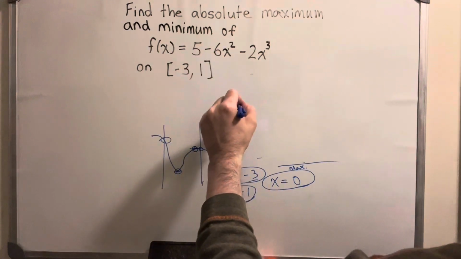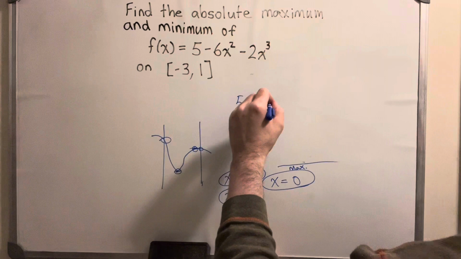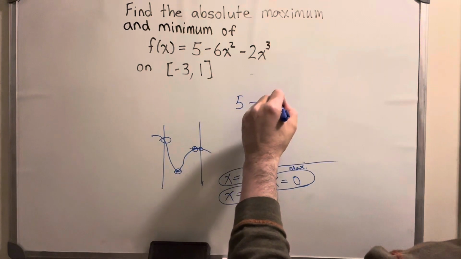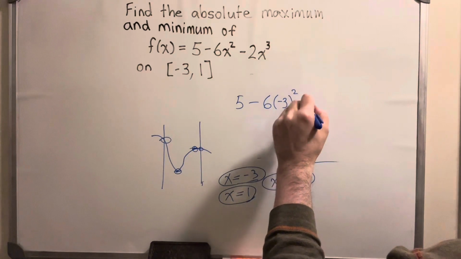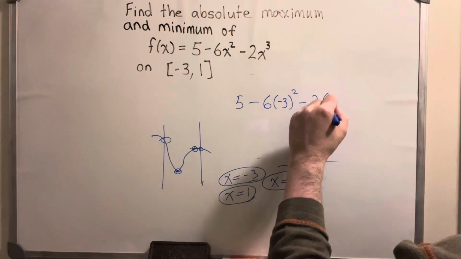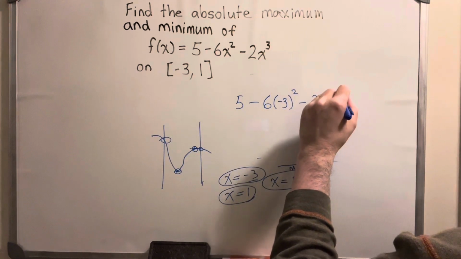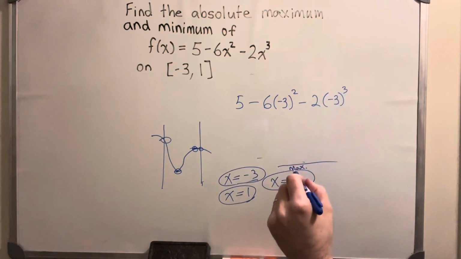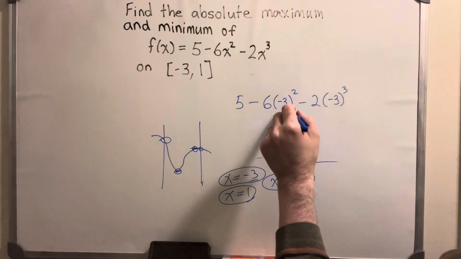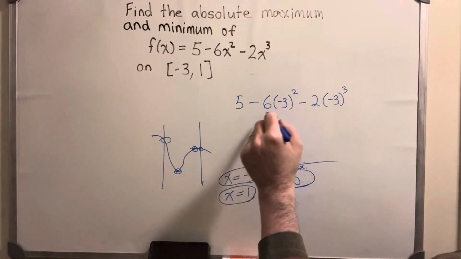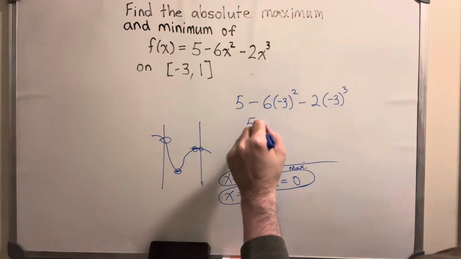So we've got 5 minus 6 times -3 squared minus 2 times -3 cubed. What's -3 squared? It's 9. 6 times 9 is 54. 5 minus